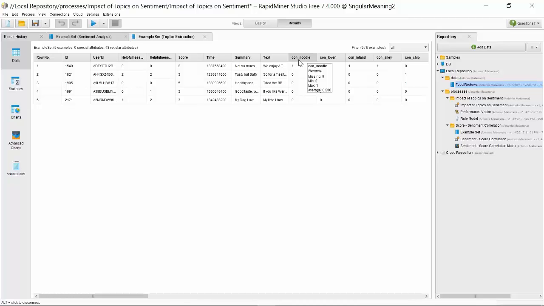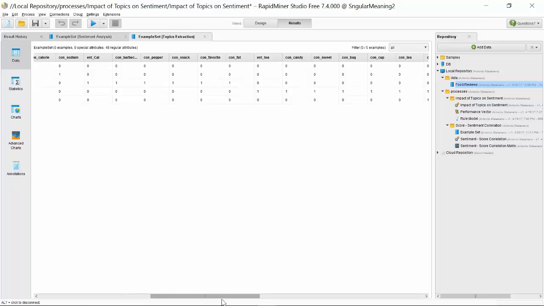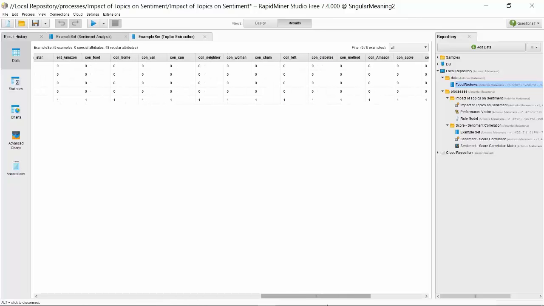For example, con-noodle means it has found the concept noodle only in text number 1. You see this 1 means one appearance of the concept in the text, but no appearances in the other texts. You see one of these columns for each of the concepts that the system has found in the collection.